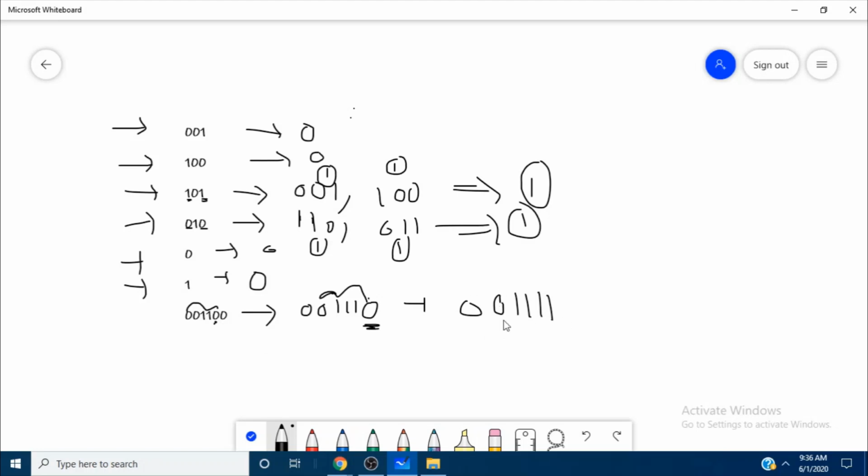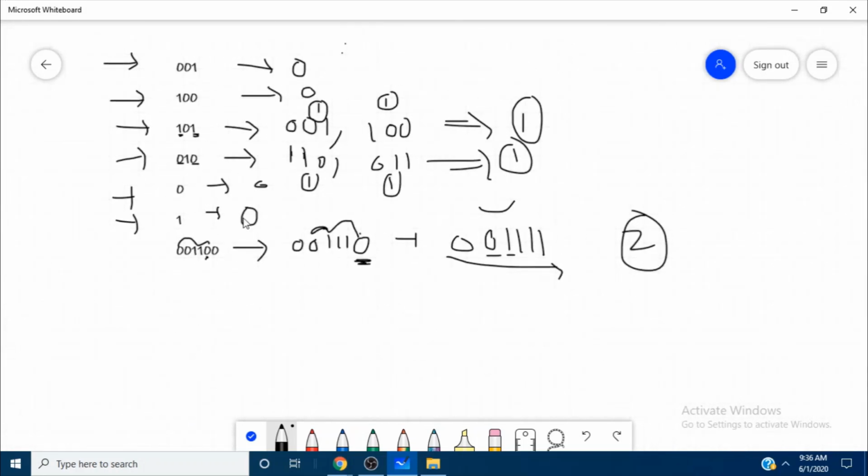Check 010: there are 0 and 1 and there are no zeros after, so 010 is not present. 101: there is no middle 0 between ones, so fine, this is good. How many operations? Two operations.